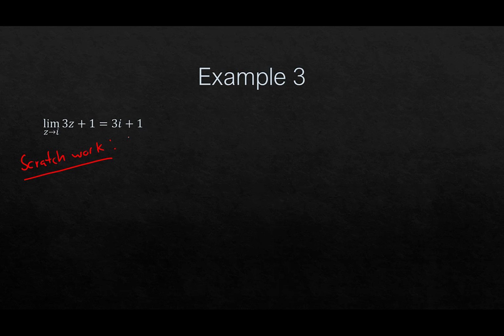We're going to let epsilon be greater than 0. Keep in mind, we're thinking about epsilon as a really small number because we're trying to make distances small. Then we're going to suppose that the absolute value of 3z plus 1, so that's our function, minus the limit, is less than epsilon. Remember what we're trying to generate: that delta. So let's suppose that this is true and simplify our left-hand side. This will be 3z minus 3i, the 1's cancel out, and it's less than epsilon.